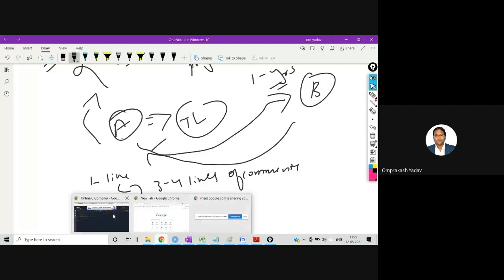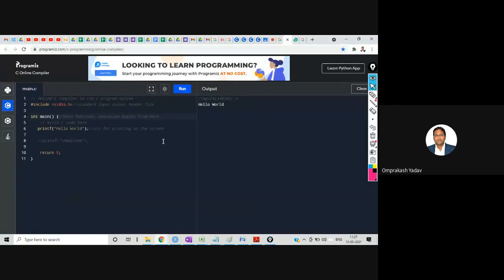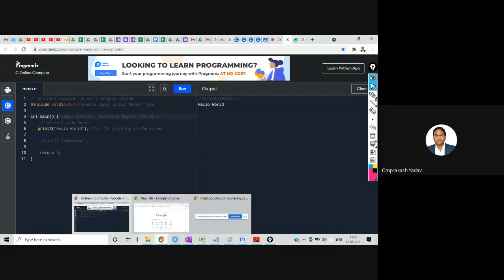So we can stop over here. Remember, we'll be performing the code in this particular online compiler. We do have Turbo compiler software also, and a few IDEs. There also we can perform; it's totally up to you where you want to perform the task. I have one Turbo compiler also and I'll demonstrate over there too. But I think this online one will be more suitable to all of you. It's online, so you can just go to this link and the online compiler will start. Today, if you have any doubt, please ask me.